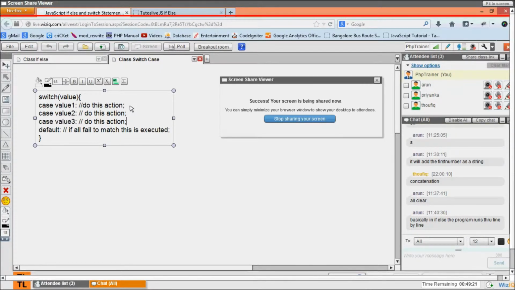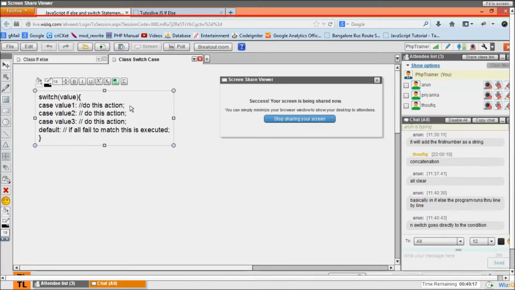I mean switch does line by line. We don't know how it passes in the background, but let me double check with that. I'll get back on that.